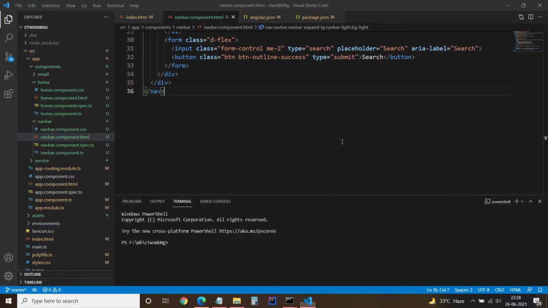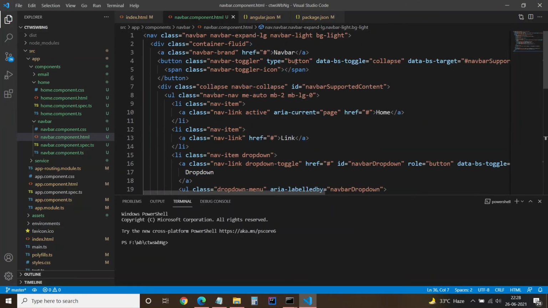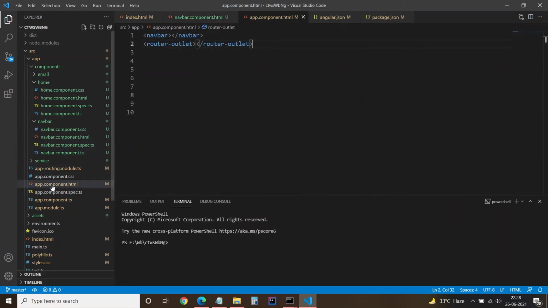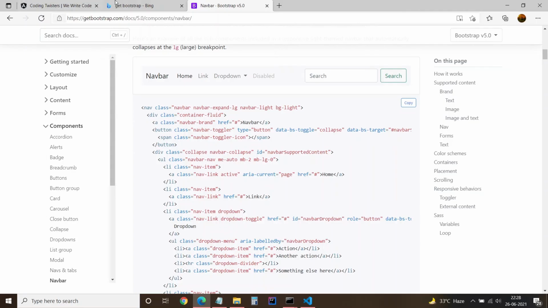I have just copied and pasted the entire nav here, and this navbar I have already included in our app component, the main app. So let's see whether it will work or not.